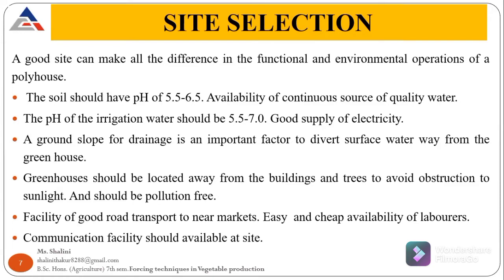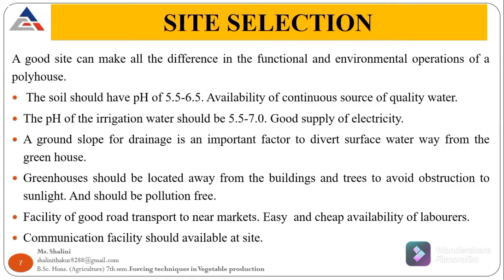For a micro irrigation system there should be good quality water, because if we use any impure water, the impurities can easily jam the nozzles of the drip irrigation system. That's why we prefer good quality water, because fertigation is also used in this kind of micro irrigation. Fertigation is the process in which we do irrigation with fertilizers, mostly liquid fertilizer, for fertilizing our field of protected cultivation, and the pH of the irrigation water should also be from 5.5 to neutral.